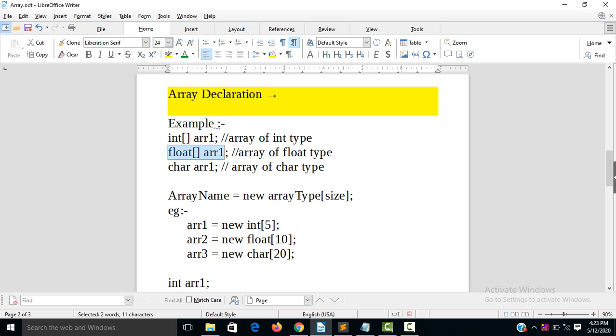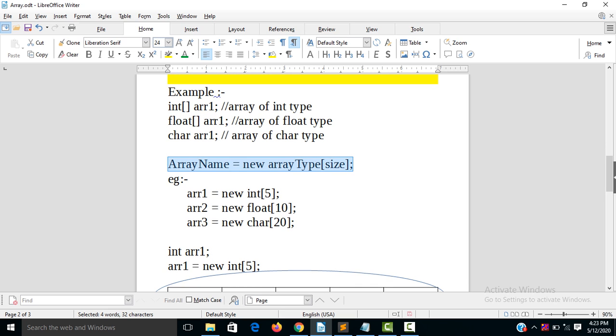And float arr1, here is the declaration of an array of float type, and char arr1, an array of character type. Here is the declaration of character type. So here we have declared character type, here float type, and here integer type.